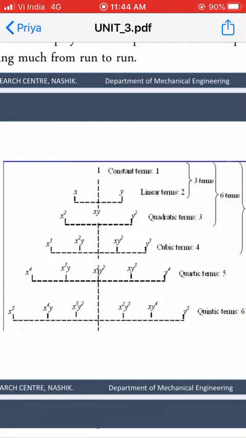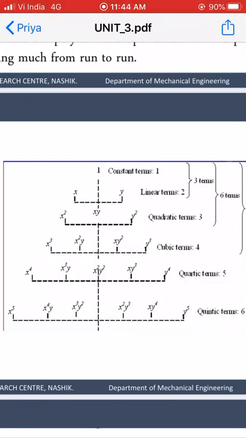So how will it look? 1 plus x plus y plus x square plus xy plus y square. So this is your 6-term quadratic polynomial shape function, and it is nothing but your two-dimensional quadratic polynomial shape function. In this way you can write cubic, quartic, and similarly quintic